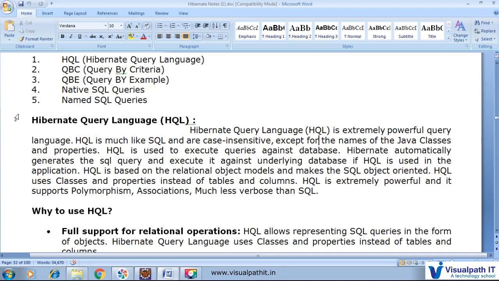In the same scenario, if we would like to change from MySQL to Oracle, we can change the database easily. This way we can achieve database independence.